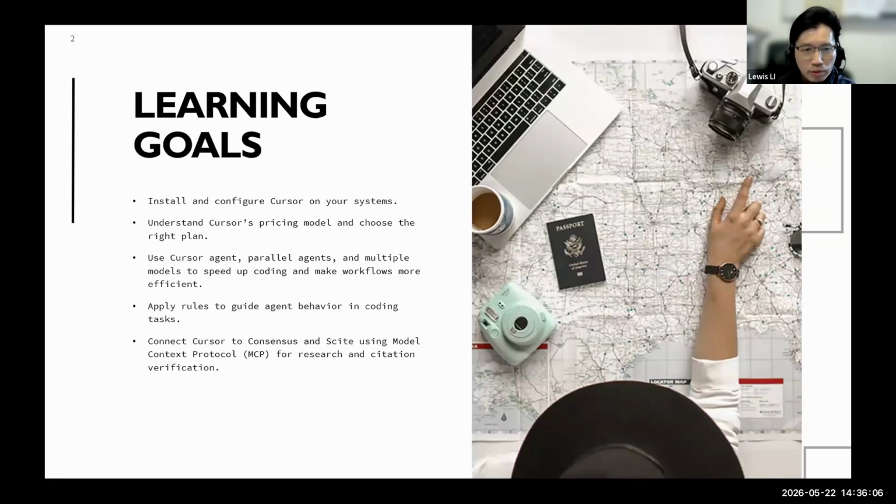I will also show you how to connect Cursor to the so-called MCP, where you can connect to different databases and use the chat box in Cursor to type your prompt and ask research questions, using MCP to connect to Scite, Consensus, and other MCPs that I will show you later on. Basically, this is what we are trying to do today.